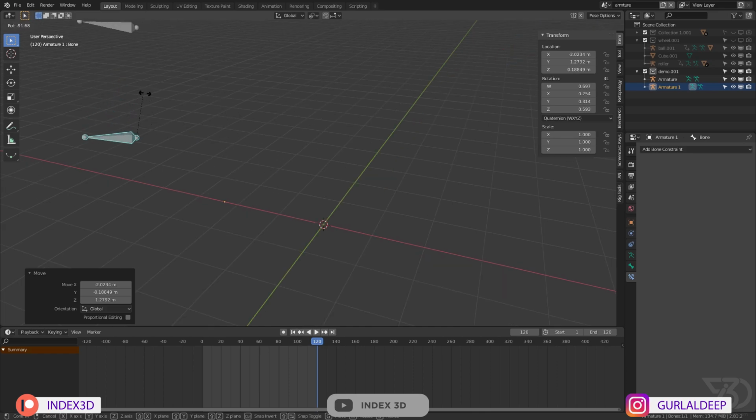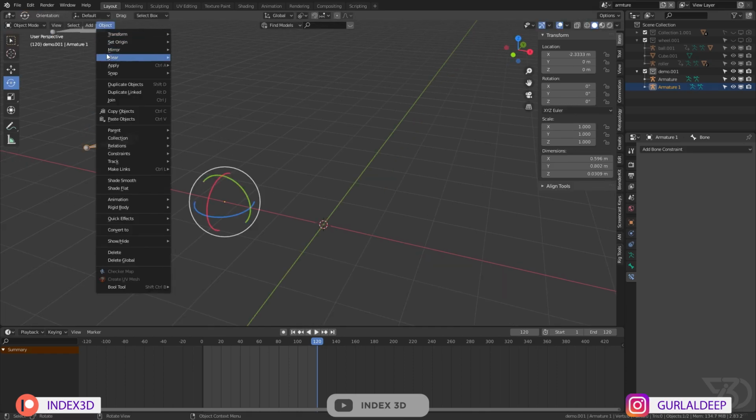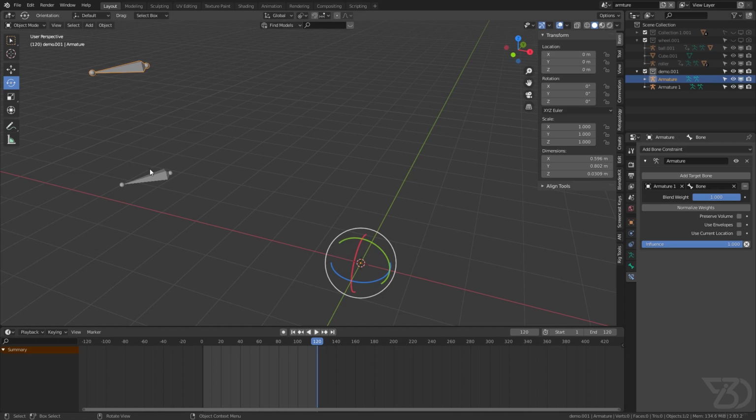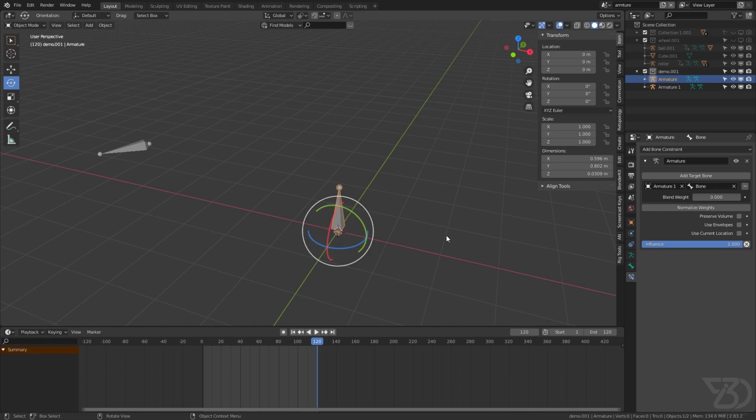Okay, and if I rotate, it will rotate along with it like that. And now I can animate this value and it will switch between the parent and not parent. So if I make it 0, it will switch back to where it was, and if I increase it, it will go back to its parented location, and if I make it 0, it will go back to its original position.